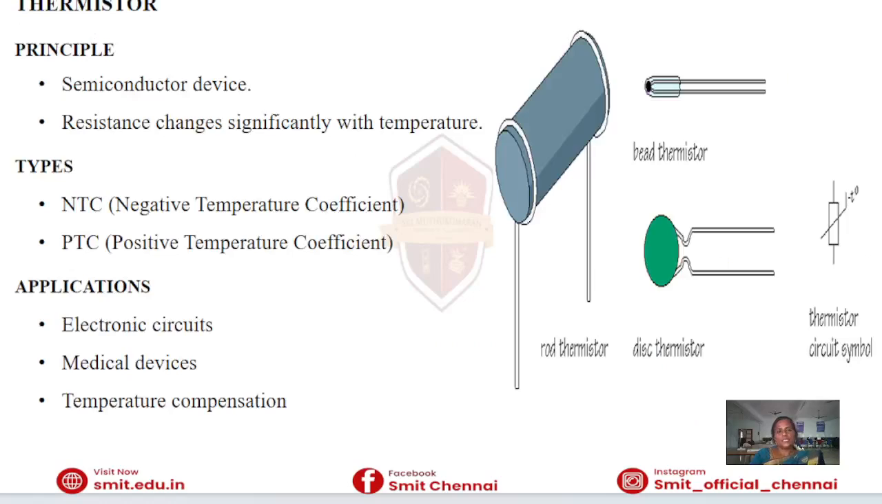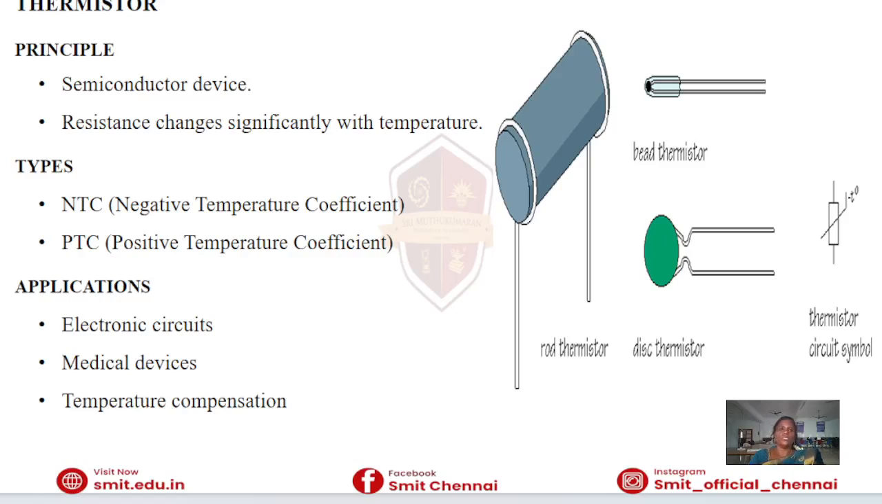A thermistor is a semiconductor-based temperature sensor. Its resistance changes significantly with temperature, making it highly sensitive. Thermistors are classified into two types: NTC thermistors, where resistance decreases as temperature increases, and PTC thermistors, where resistance increases as temperature increases. Because of their high sensitivity and low cost, thermistors are commonly used in electronic circuits, medical devices, battery protection systems,